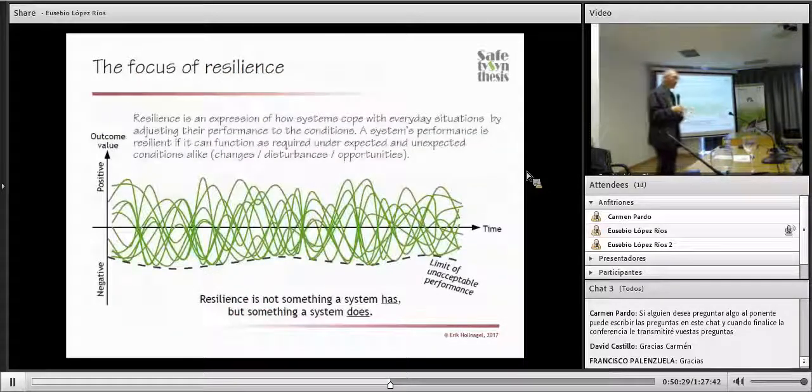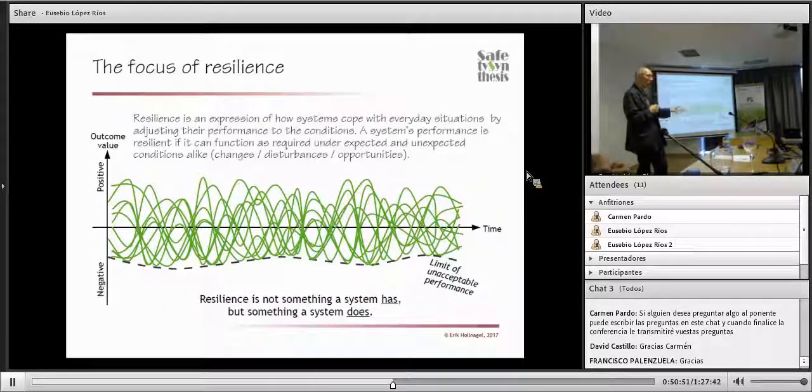And this means that the focus of safety studies and the focus of resilience is, and now I've colored them green, is what goes well. We should look at what goes well. We should try and understand why it goes well. We should try and understand the variability. We should try and understand the adjustments and modifications, the way that this is dynamically changing all the time, but